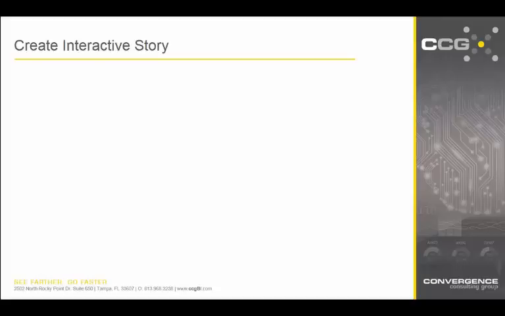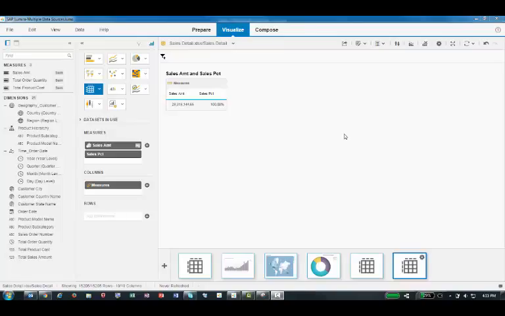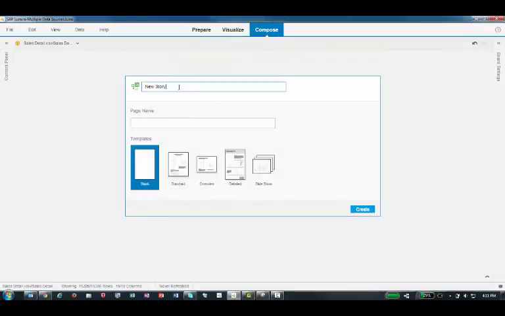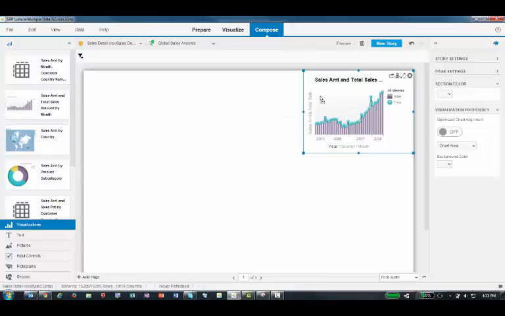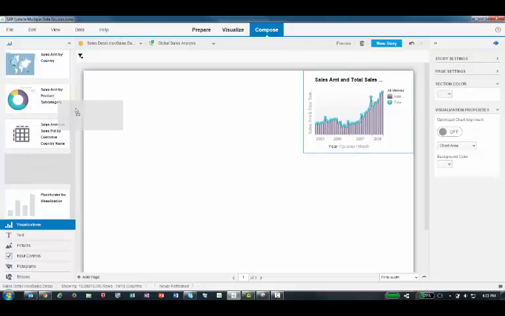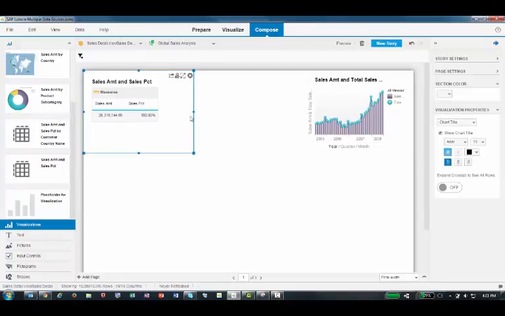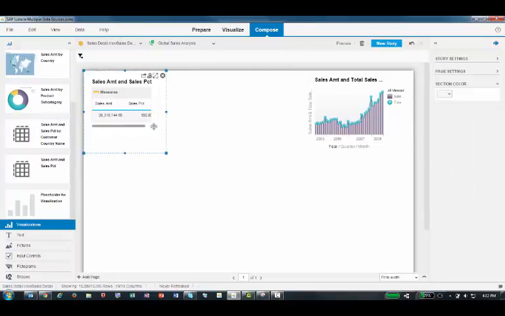So now let's go ahead and create a story. In order to do this, we'll go to the compose room of the tool, and we'll give this a name of global sales analysis, and then we'll create that. And this will give us a nice blank slate, and then we can add these visualizations we've created to our canvas. So initially I'm going to add the combo line chart we have,